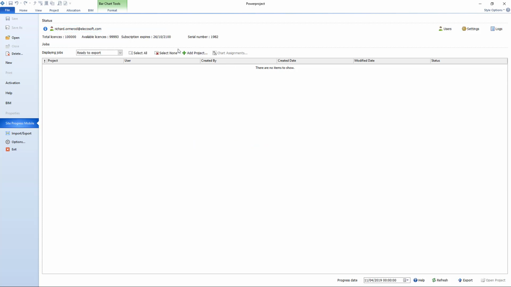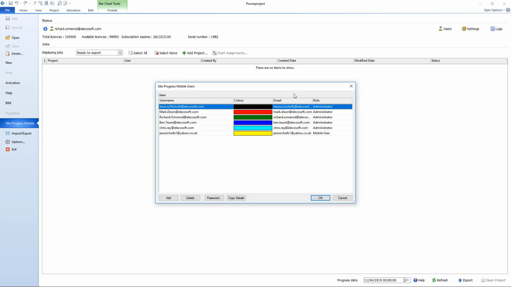Then we can see that we're connected to the internet and logged in now, because we've got license information at the top. This is your serial number. This is when your subscription expires. These are the total number of licenses and available. And then we have 3 buttons over here, but really we're going to look at these first 2, and the first one we want to think about is users. Who else is going to use the system? Both my colleagues who've also got Powerproject, and also those people who are going to update it remotely, and they could be the same people. So we're going to click on the user